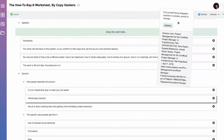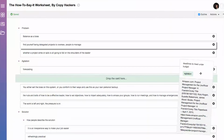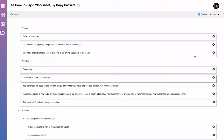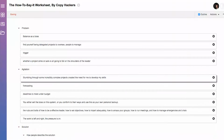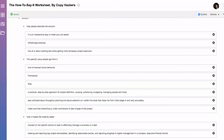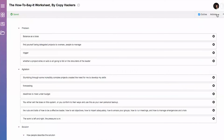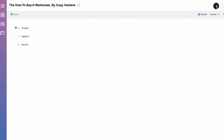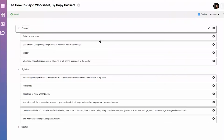Another problem. Some more agitation, deadlines to meet. Another problem. Some more agitation, and then we've got one long term. Okay, so we've gone through, and now we have all these cards in this order. I'm just going to shrink it up so you can see. So we've still got problem, agitation, solution, and we can go into each one and see what's inside there